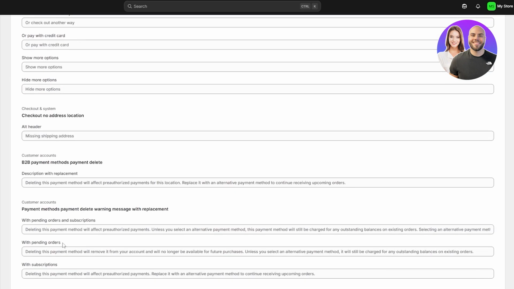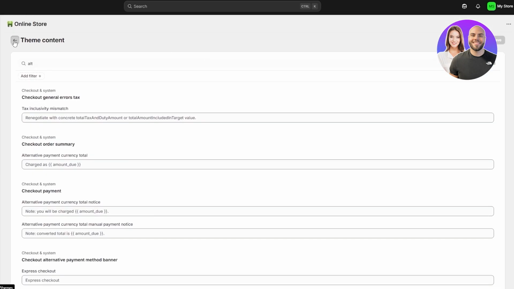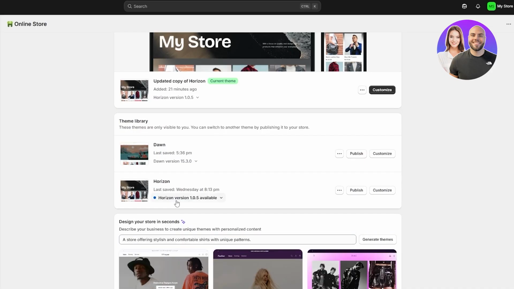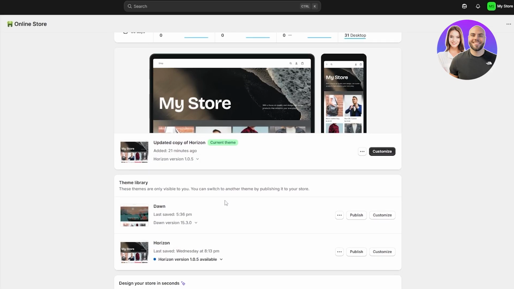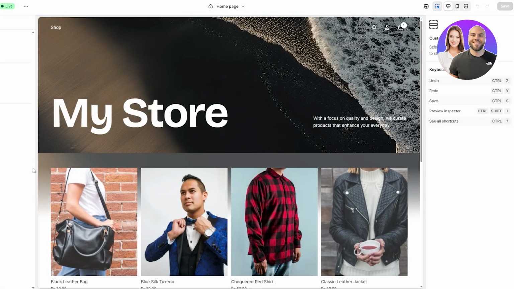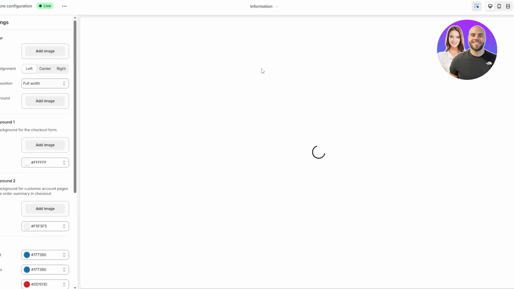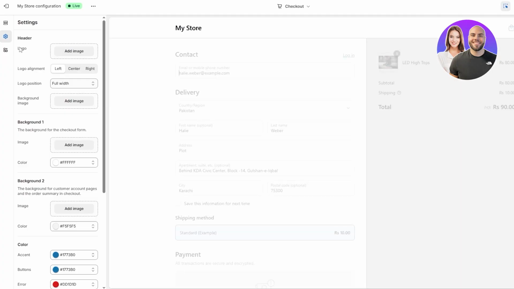And you can add a bunch of different options using the theme settings or the theme content, right? All right, so there was an update, so I had to update the theme. As you can see right here, it just says the updated copy. So now if you go ahead and click on customize, you can customize it. There are a couple of simple options, right? If I go to the checkout page, here I can go ahead and add some of